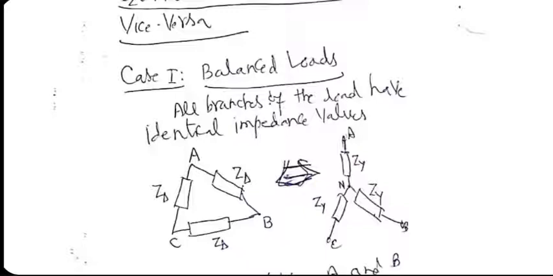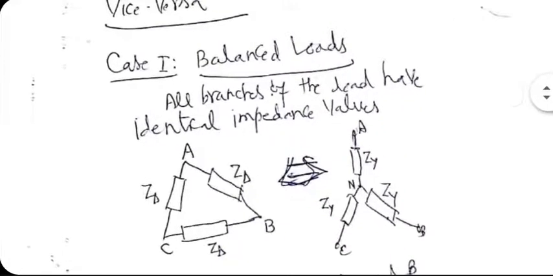So today, rather than first talking about the generators connected in delta or Y configuration, let me first talk about load connected in delta and Y configuration. In general, all the three branches will have complex loads. That's the reality. On the left side here, you see delta connected three-phase load. And it's a balanced load in the sense that all the branches have identical impedance, which I am calling Z delta. On the right-hand side, I'm showing